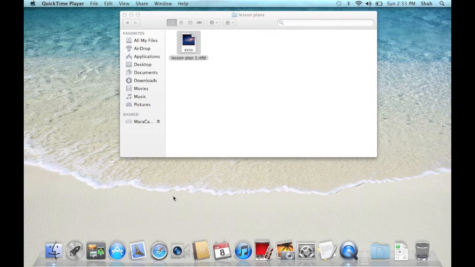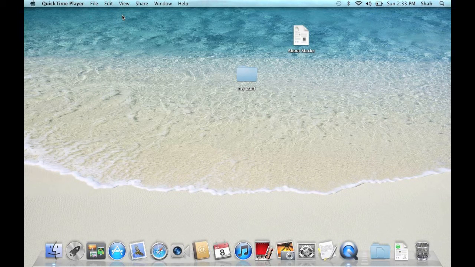Close all windows. You should be able to see the My Stuff folder and the About Stacks file on the desktop. Choose Show View Options from the View menu.